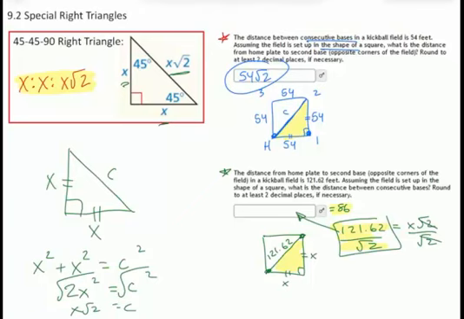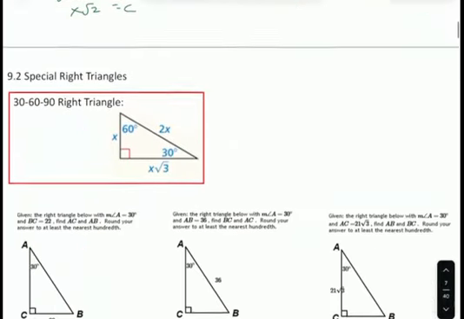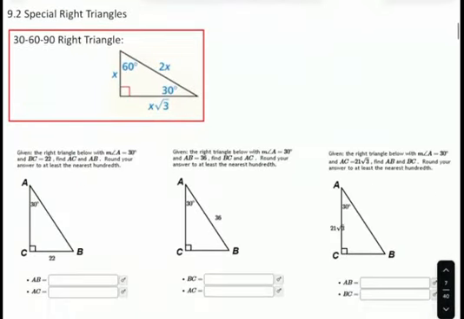All right, so those two slides were demonstrating the types of questions that you'll be asked with regard to 45, 45, 90 or isosceles right triangles. Okay. The second triangle, a special right triangle that we're going to look at, is called a 30, 60, 90 triangle. Okay, notice it's exactly what it says, right? 45, 45, 90 have two 45-degree angles and a 90-degree angle. 30, 60, 90 are 30, 60, and 90. And what these represent